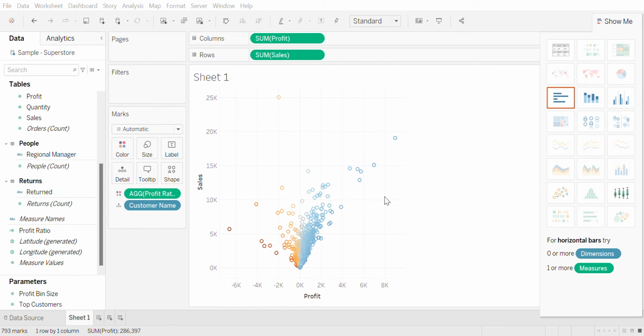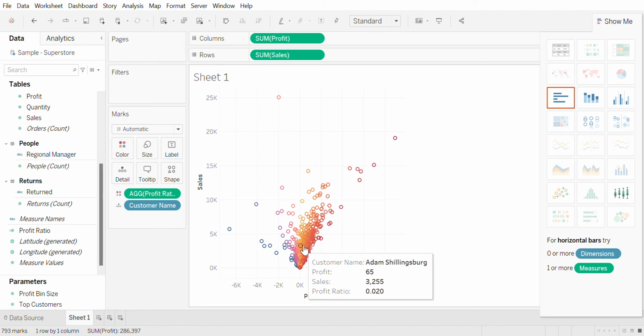And I also feel that the graph is, I'll just put the range from minus 0.5 to plus 0.5. So I apply, and now you can see I kind of prefer this color. It's nicer and all that. If you move your cursor on this, it's going to show the details for each of those circles in the scatter. It gives the person's name, the profit that they've given to the company, the sales, profit ratio, and all that. You can keep moving.